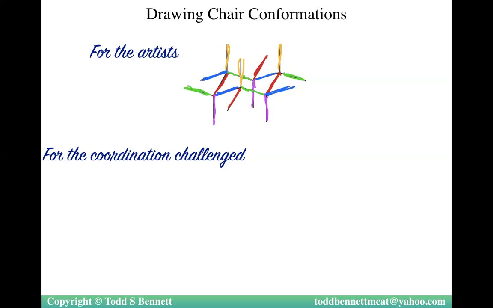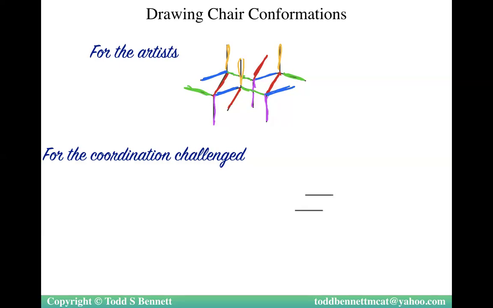So if you are highly artistic, you're going to end up with four parallel lines, and four parallel lines that cover the ring and then the equatorial constituents. And you're going to have three axial pointing up from the point up intersections and three axial downs from the point down. So altogether 18 lines: three sets of four parallel lines to make the ring and equatorials, three axial up, three axial downs. For the coordination challenged, that would be me,